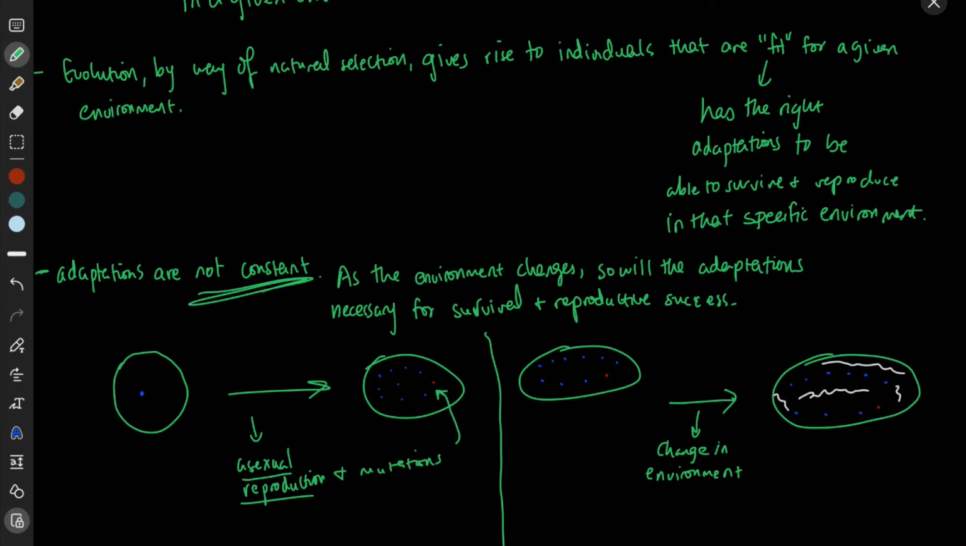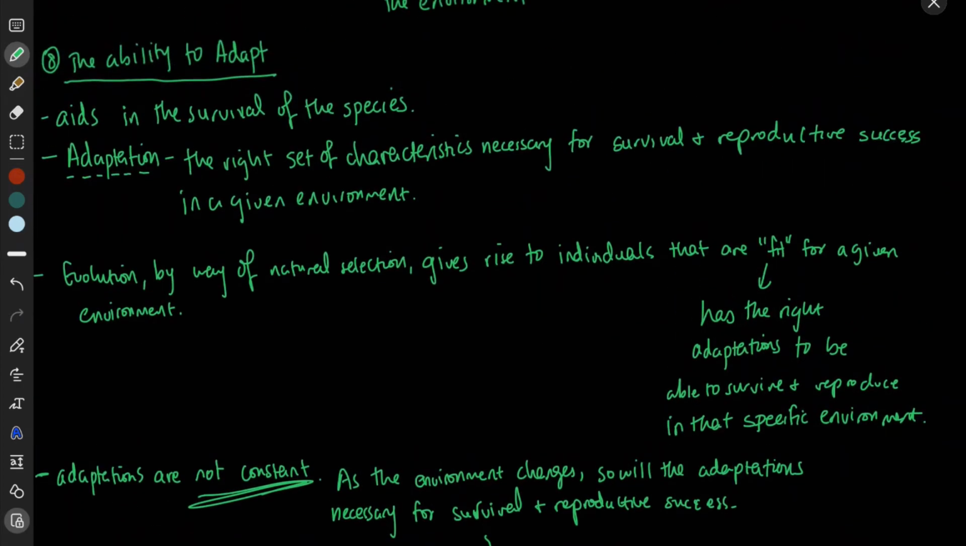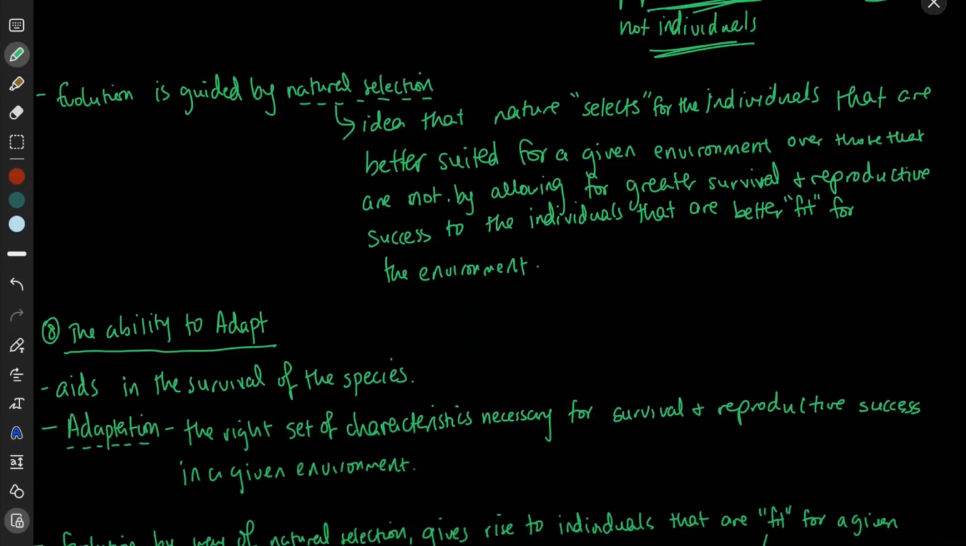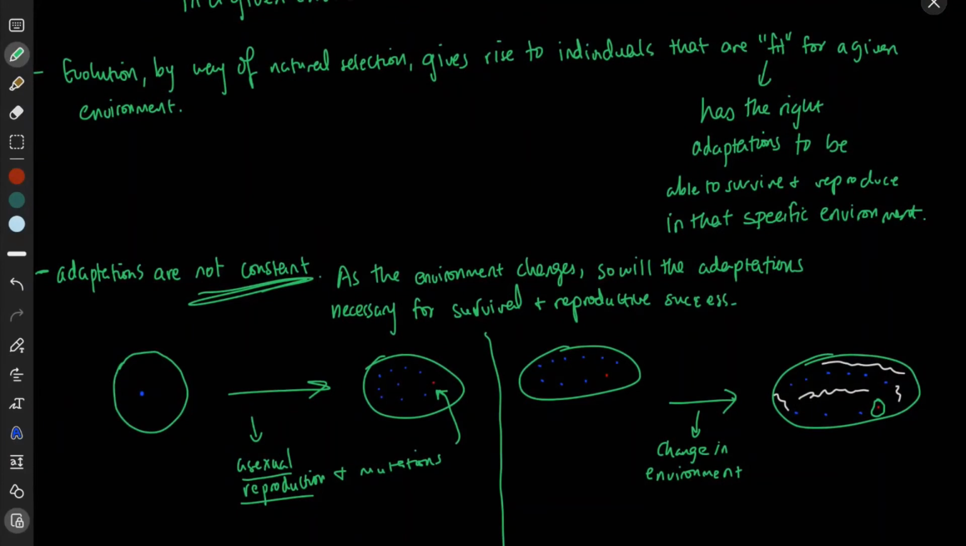So what does that mean? Well, that means that now in order to have survival and reproductive success, an organism is going to need to have this antibiotic resistant gene, right? So this is going after the ability to adapt, as well as the ability to evolve, because now the environment has changed, right? And so the adaptations also have to change, right? So the adaptation necessary to survive in this environment here is going to be different from that of this right